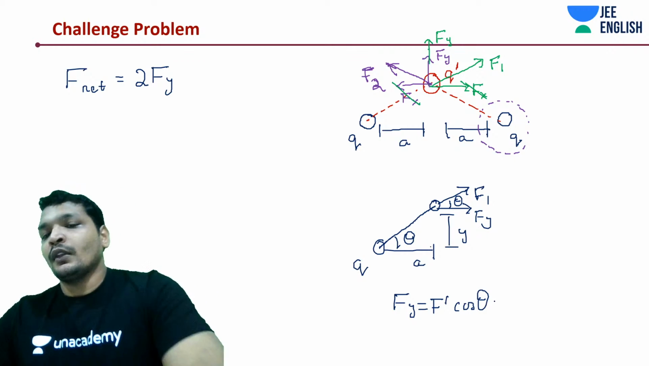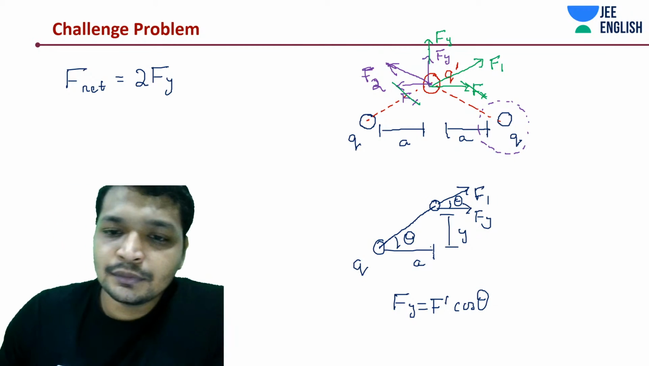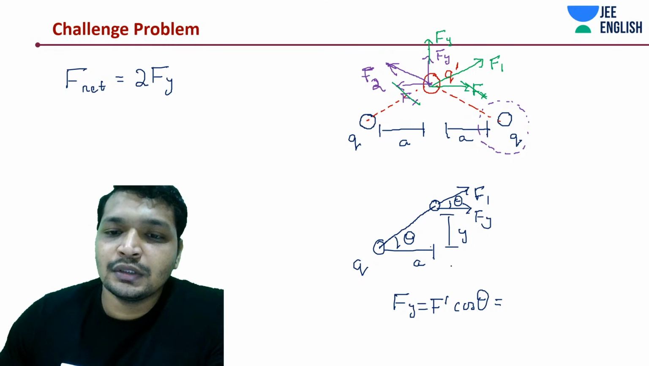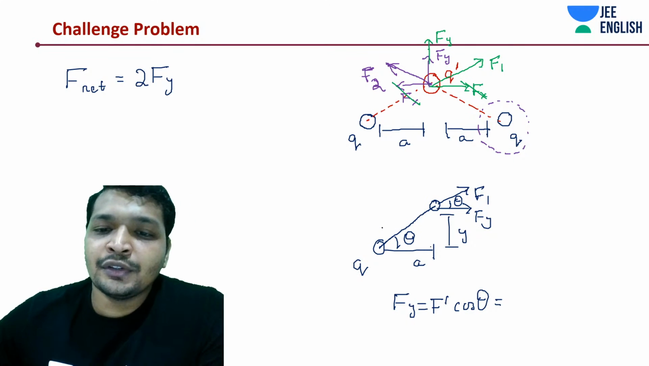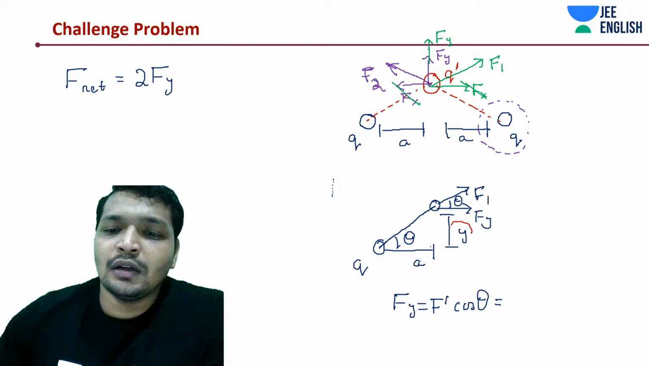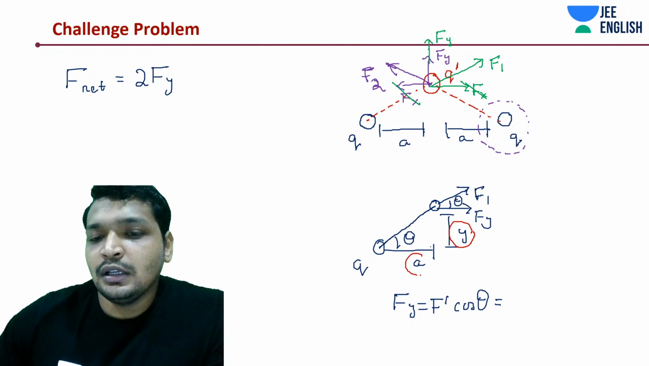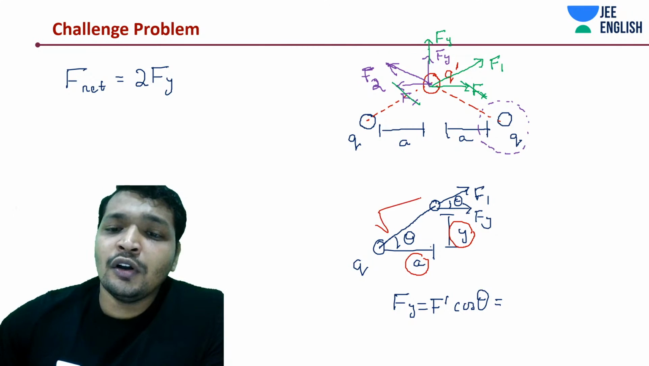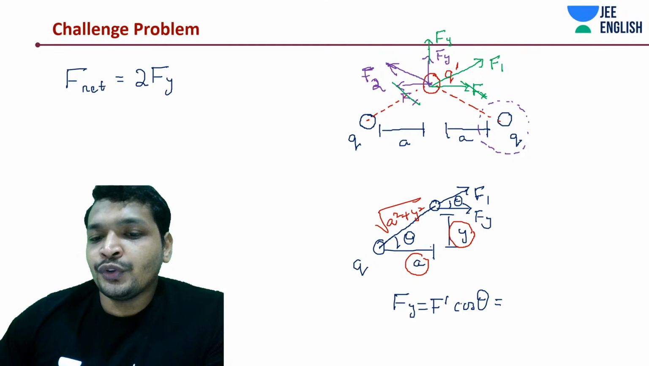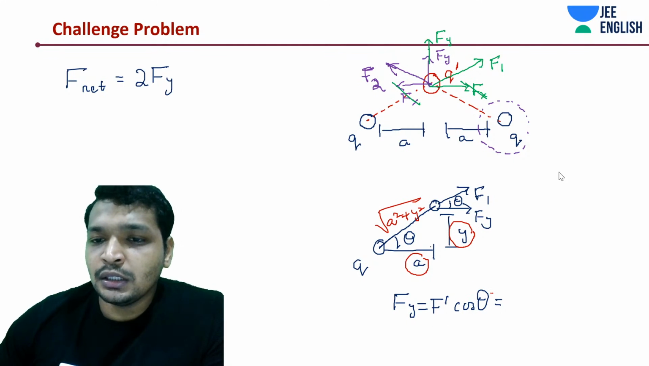Right? What is cos theta? Adjacent by hypotenuse. How much is your hypotenuse? If this is y, okay, that is a little mathematical problem, but physics is also involved, right? Under root of a square plus y square. So your cos theta is going to be a divided by